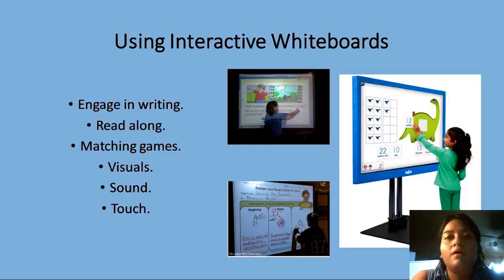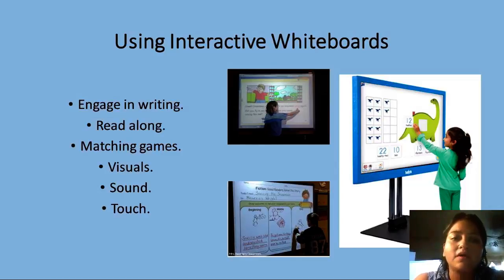I can also put stories on there and they can practice reading aloud, or I can have a student come up and point to each word of the story as we're reading aloud. They can also be used to match pictures or other images with what corresponds to them. But I think teachers can simply use these interactive whiteboards to display various images, to play various sounds,